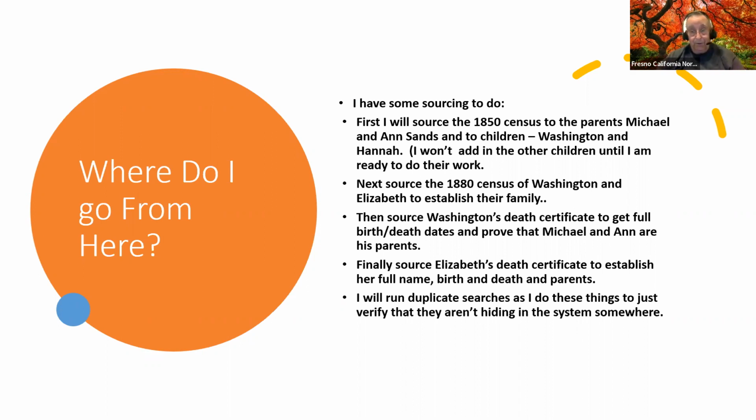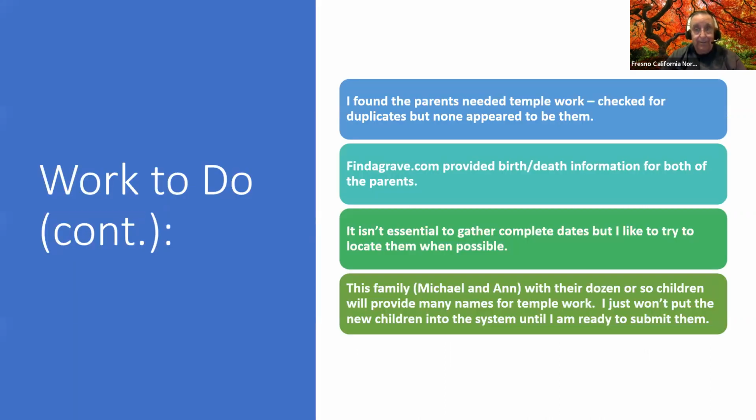Run duplicate searches. And when I was done, I found out I was so excited about finding kids, I never bothered to see if Michael and Ann Hoffman had their work done, and their work wasn't even done. So they needed work. I went to Find a Grave, and I found full birth and death information on both Michael and Ann Hoffman. Now you don't have to have complete dates, but I like to try to get that if I can. And so this family of Michael and Ann with a dozen or so kids is going to provide me with